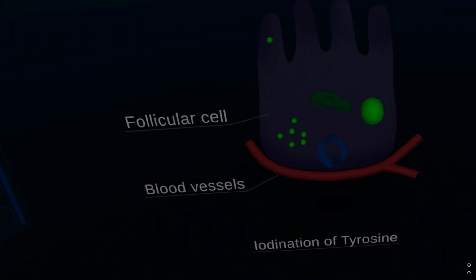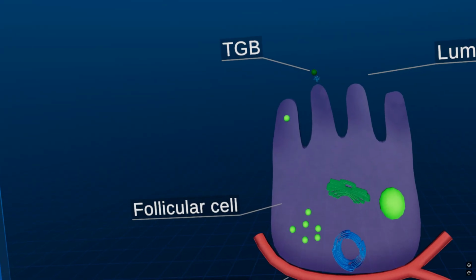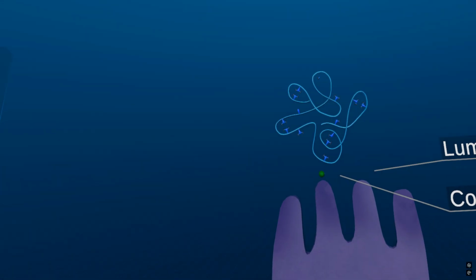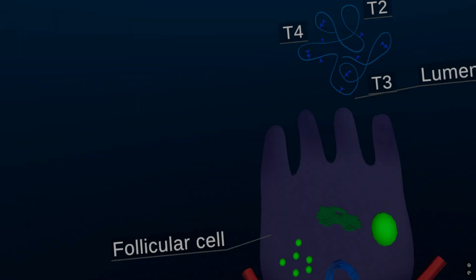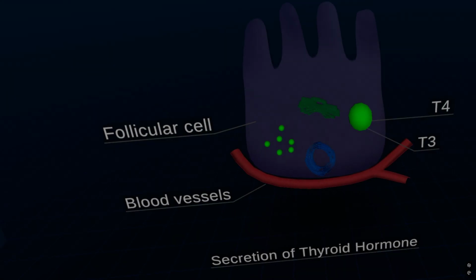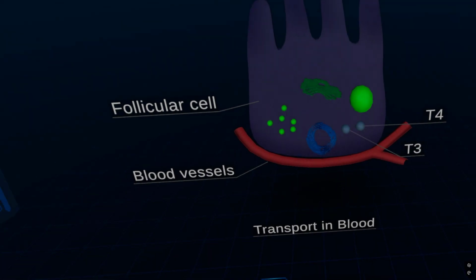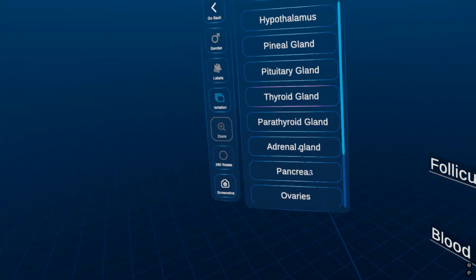oxidation of iodide, iodination of tyrosine, coupling of T1 and T2. Two T2 molecules combine to make T4. In the final phase, pinocytosis and digestion, secretion of thyroid hormone, transport in the blood. Over 99% of